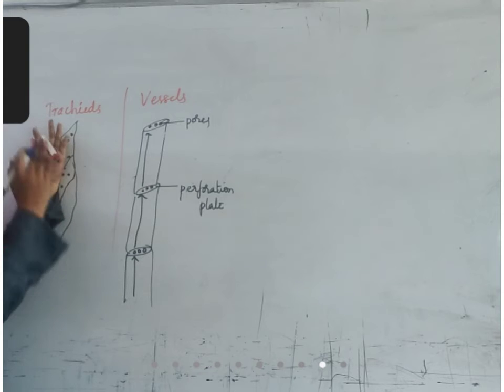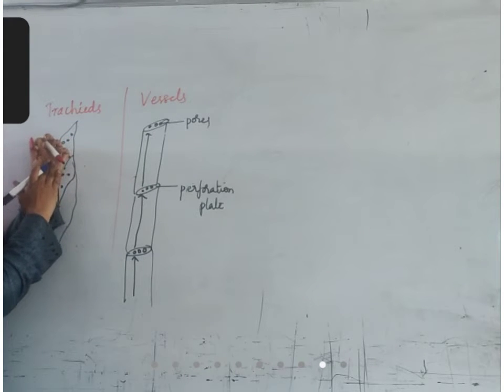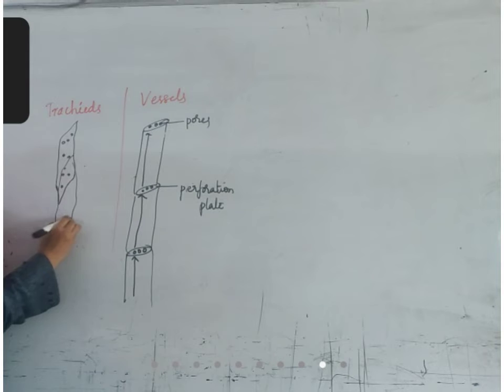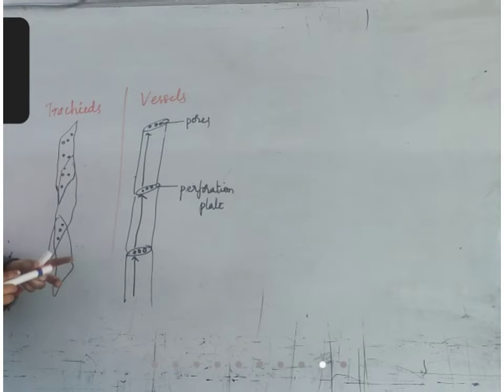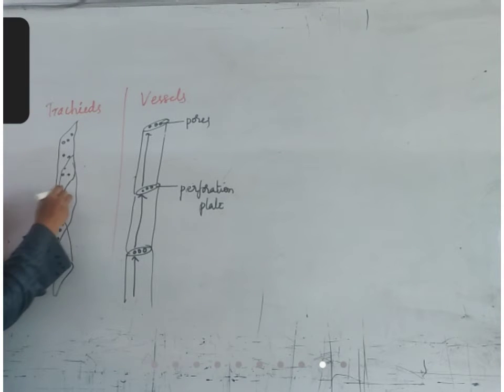So the first cell is there, on that this cell is there. Here it is joining both of them. In between holes are there. The next cell will be there, joining like this. Here holes are there. So common pores are there between one tracheid and another tracheid. Because of that water is conducted. But it is having pores all over the body. That is the structural difference. Functionally it carries water and minerals. One is structurally they are different.